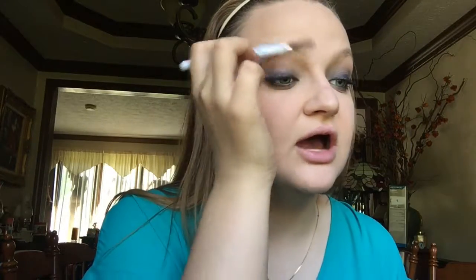Now we're going to do our brows. This is the e.l.f. brow pencil in neutral brown. I actually don't have a different brow pencil, so this is just going to be the one we use. Okay. Brows are not the best today. I'm not a huge fan of this pencil, but